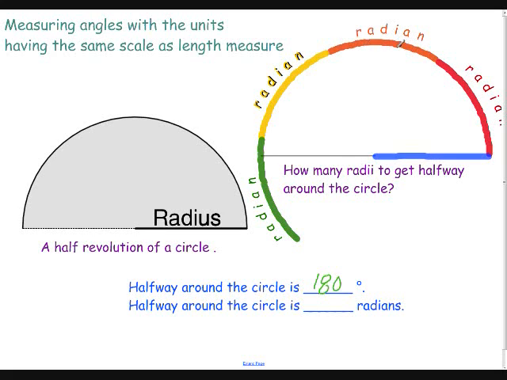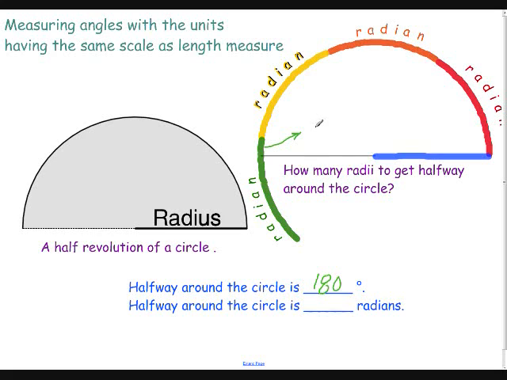My second radius, I haven't quite got to a half a circle or a semicircle yet. I'm looking to get to 180 degrees. I've got 2 radians. So let's put another one on here. Here's my third radian, and now I'm almost there. So just a little bit more than 3 radians will define 180 degrees, or a half a circle. How much more do I put on here? This little piece here